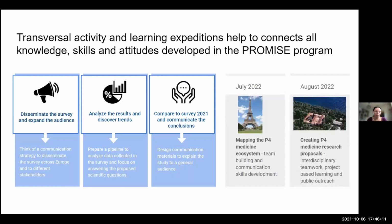So you will be invited to actually visit the different places, whether they're associations, public or private sector organizations, patient organizations, to understand who these people are that are involved in the P4 medicine ecosystem. And the final learning expedition in Split will be, of course, hosted at the Mediterranean Institute for Life Sciences,